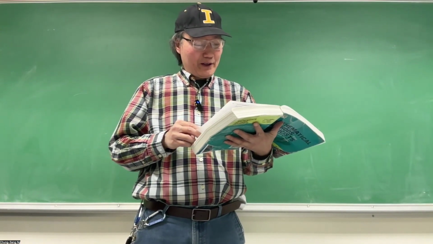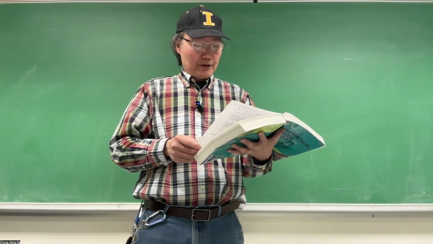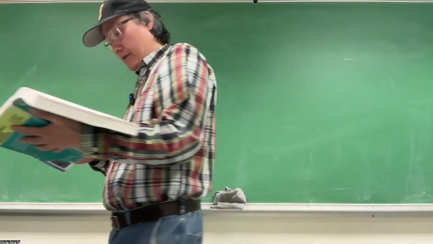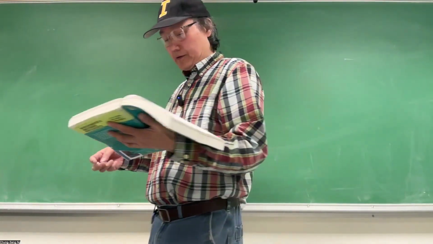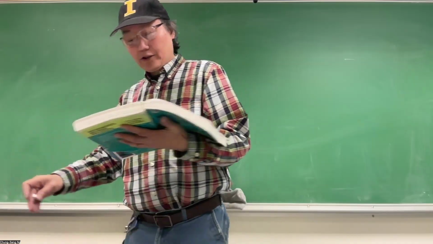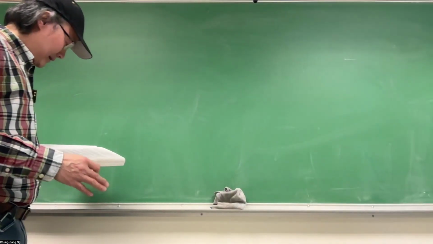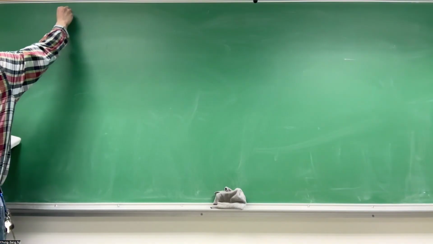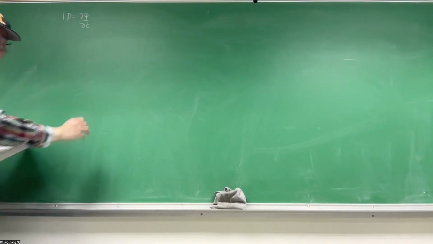Then continue. I think we are in 9.7. We are not totally done. We wrote down the solution for the 1D diffusion equation, and let's repeat it here first, and then we'll see how we generalize to 2D or 3D. Let's write down the equations. The equation for 1D is partial psi partial t